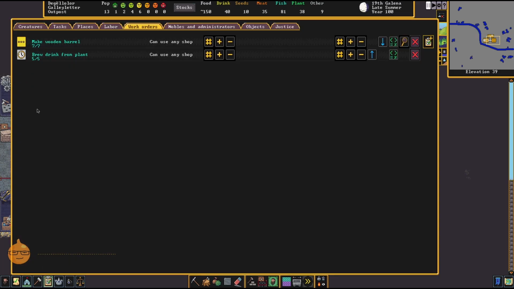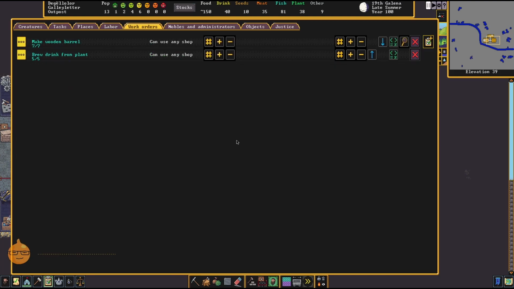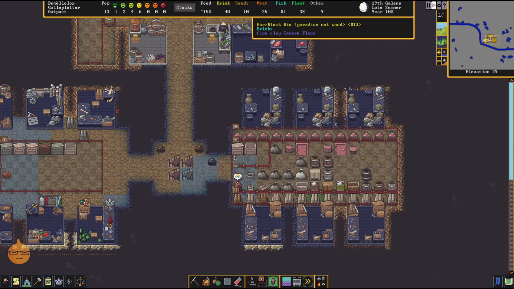Now, just because I don't want to wait for the turn of the month, I will go ahead in the brew drink from plant and change the frequency from monthly to daily. I just need to make sure that this doesn't say one-time order, because a one-time order is checked once and then it disappears. So I need to click again until it says restarts if completed, conditions checked daily. So if I click out of that now and let it go for a second,